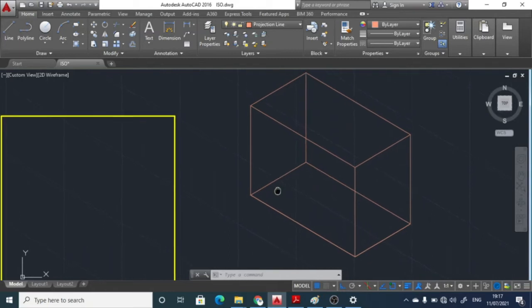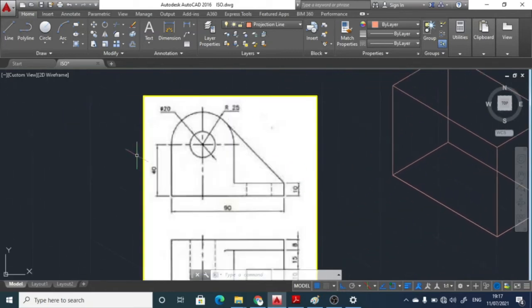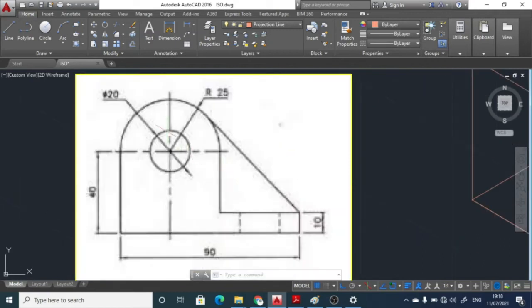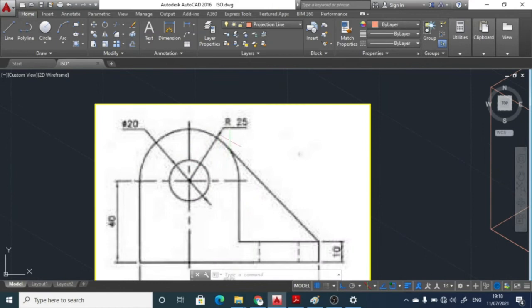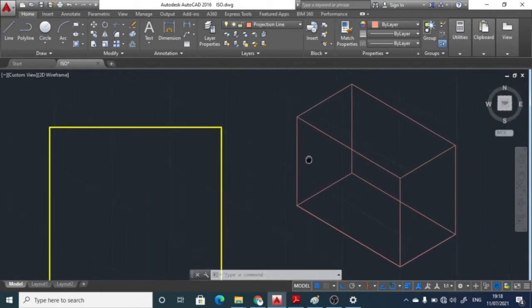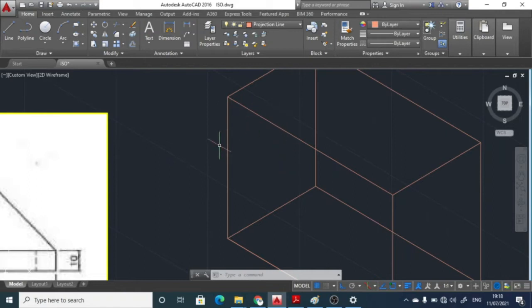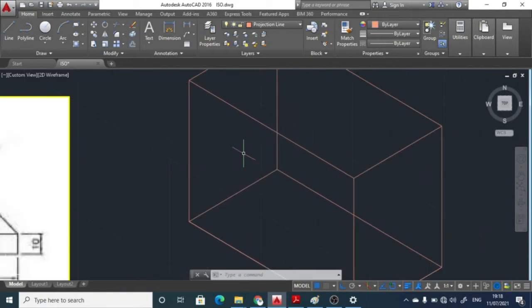Here, whenever we start solving this diagram, observe the front view. In the front view you have this semicircular part, then you have a rectangular part, then you have a platform, and then you have a rib given over here. For drawing this, first we'll have to draw the semicircle, and the rest of the part we will join over here. Basically the radius of the semicircle as per the diagram is given as 25 mm. So we go on this side and try to draw the isometric semicircle on this side, having a radius of 25 mm.